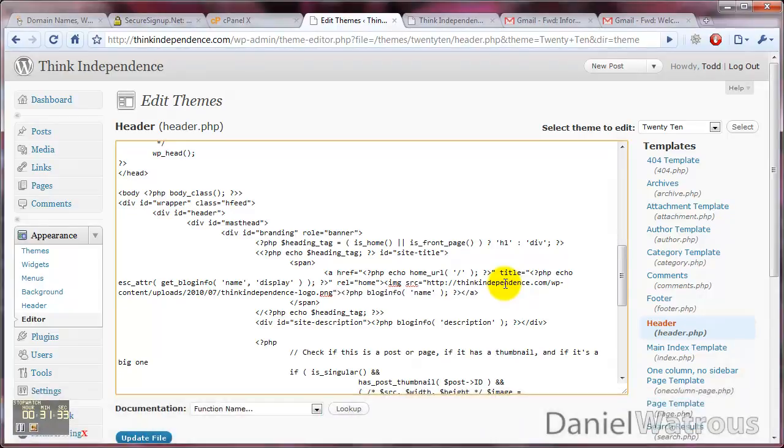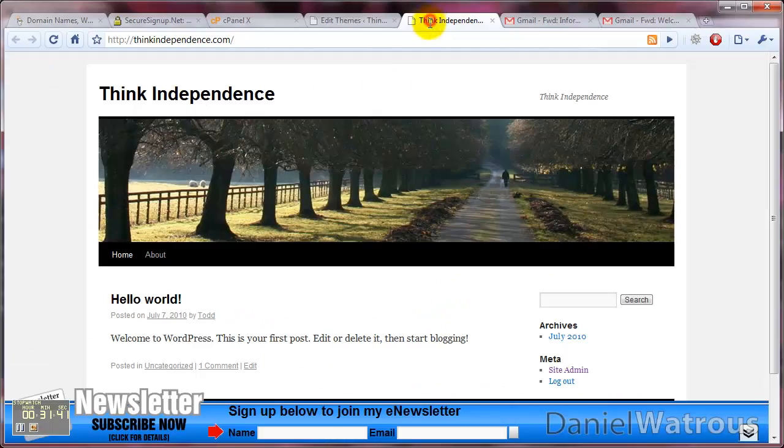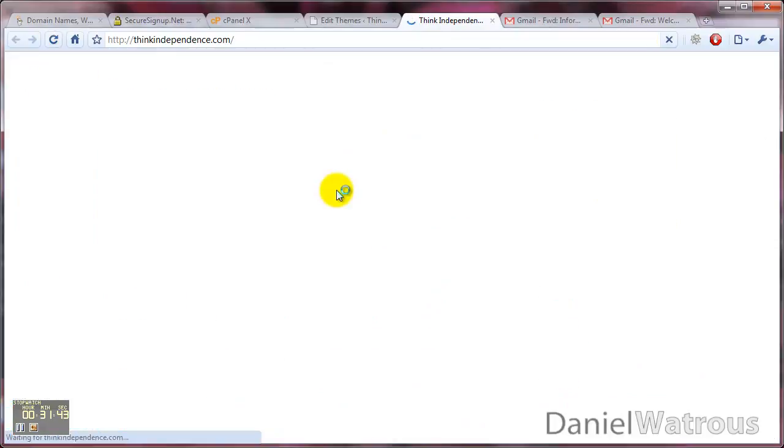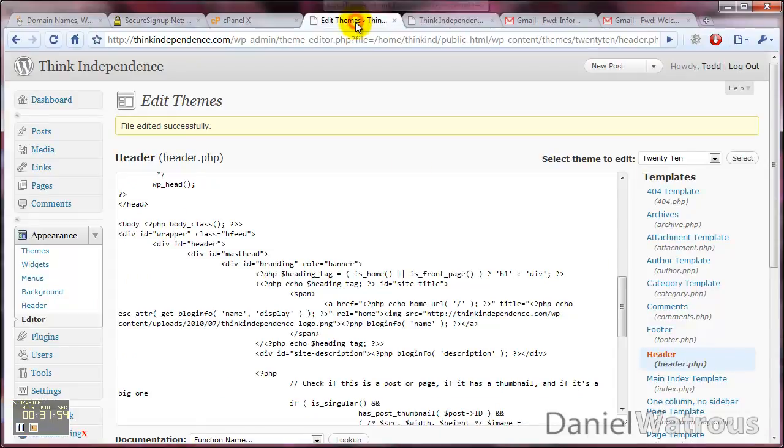What we pasted in was the link to the logo that we had created. Okay, so now you see what it's done. It's added that image in, but it still has the name of the site. So why don't we come down here and we'll delete the reference to the blog name,